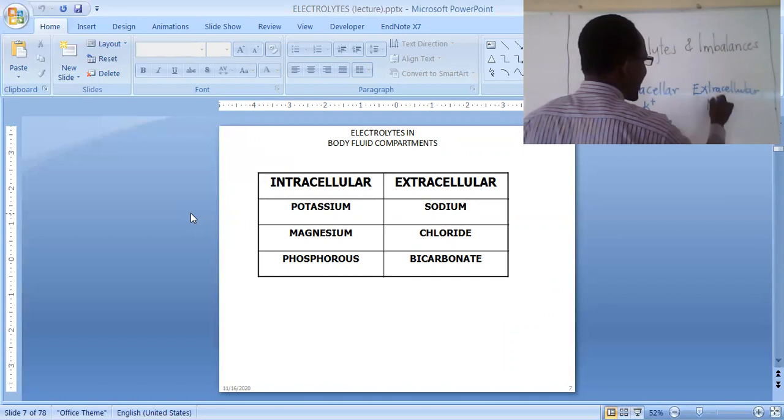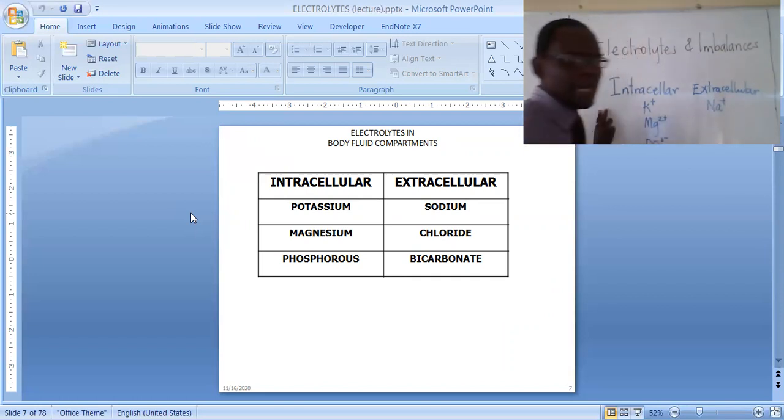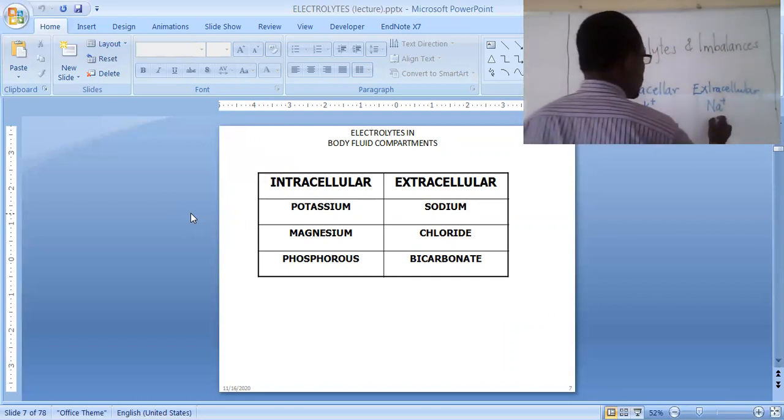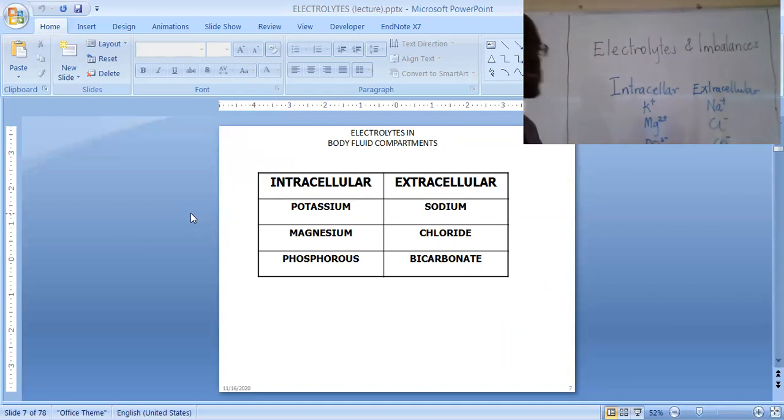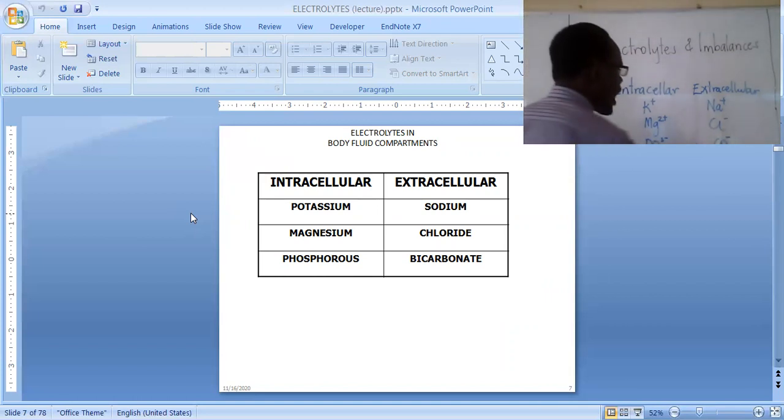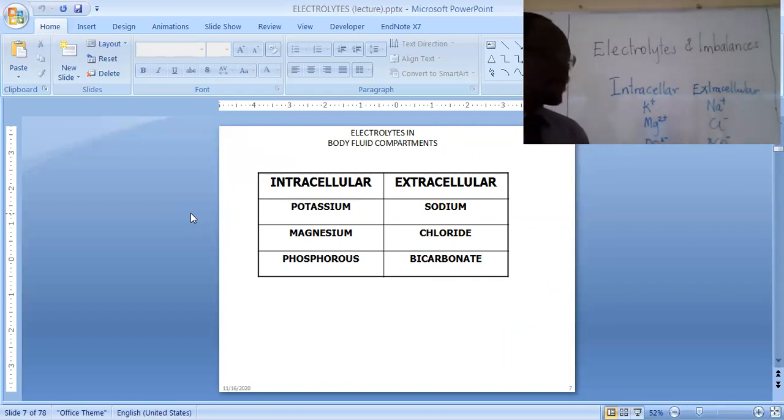We have ions like sodium, chloride, and bicarbonates. Those are found outside the cell. So it is very important for you to know, because